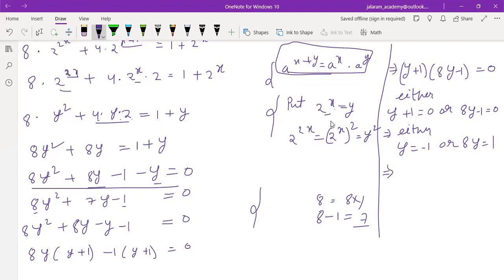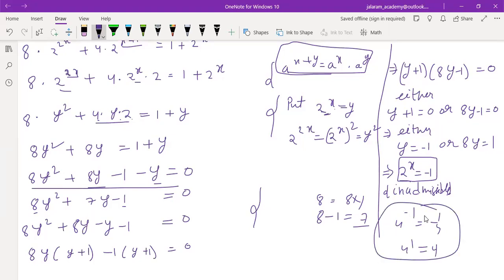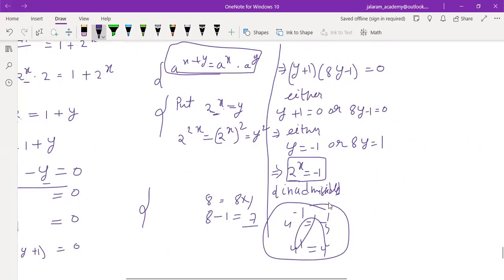It implies that now y we have assumed as 2 to the power x equals minus 1, which is not admissible. Means its admission is not possible. Why? 2 is positive. A positive number to any power cannot be equal to negative. Is that clear to you? If we take a positive base to any power, whether the power is negative or positive, it will always produce a positive term. So it is inadmissible. Is that clear to you? This is only for the discussion. Have you understood this? We cannot take the negative power.